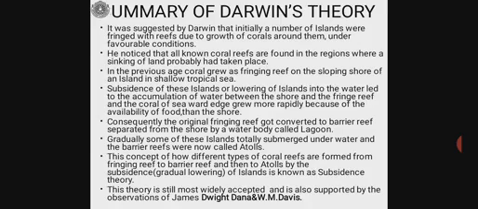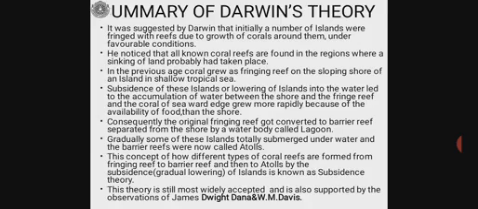Consequently, the original fringing reef got converted to barrier reef, separated from the shore by a water body called a lagoon. Then, gradually, some of these islands totally submerged under water, and the barrier reefs were now called atolls. This concept of how different types of coral reefs are formed, from fringing reef to barrier reef and then atolls, by the subsidence, that is the gradual lowering of islands, is known as subsidence theory. And this theory is also known as